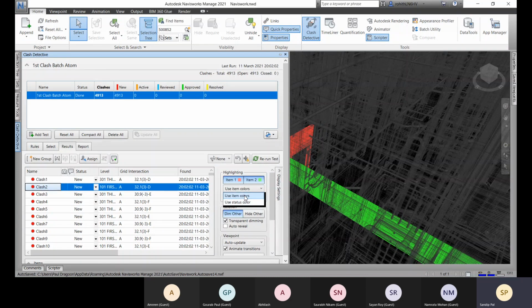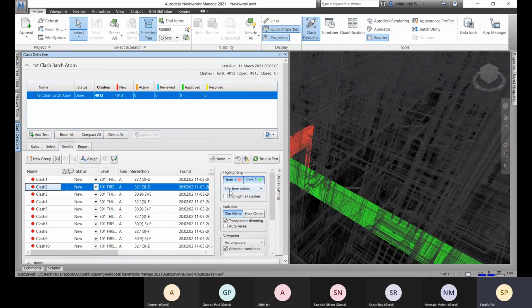And if you want to use status color, the color will be defined according to the status. If it is new, it will be highlighted in red. If the status is active, it will be highlighted in orange. And if it is reviewed or approved, the color will appear accordingly.